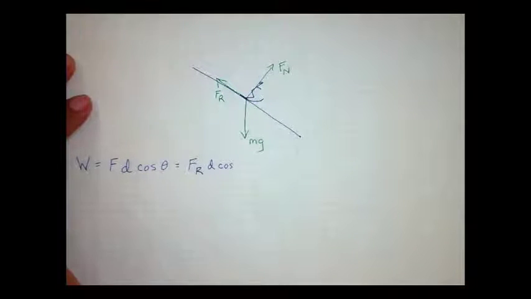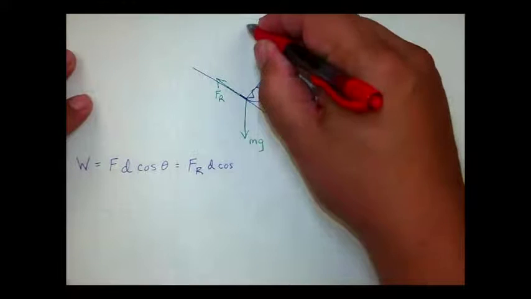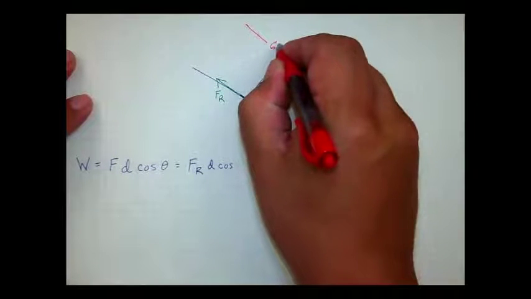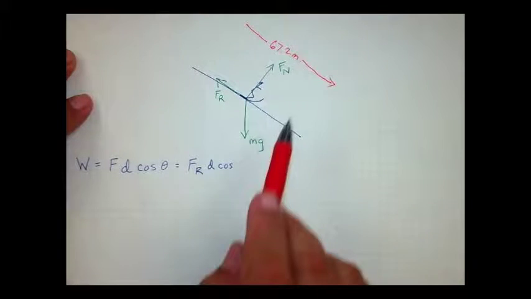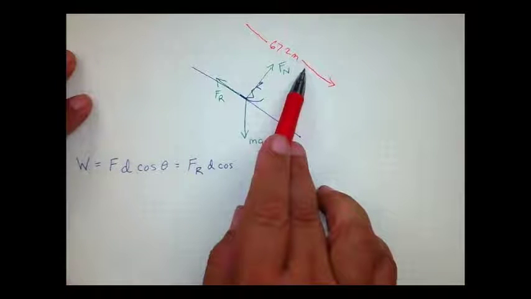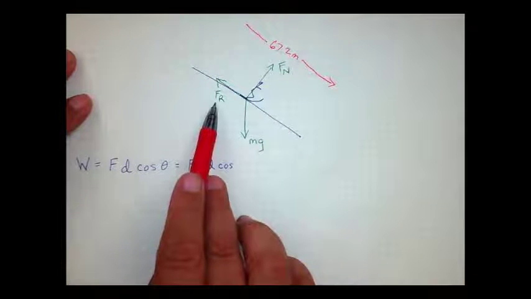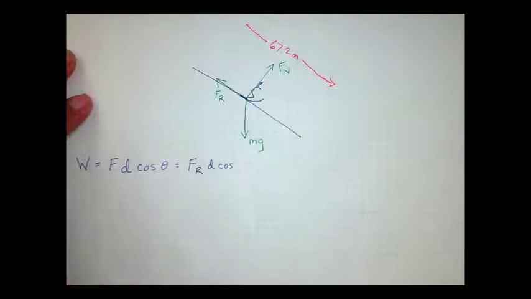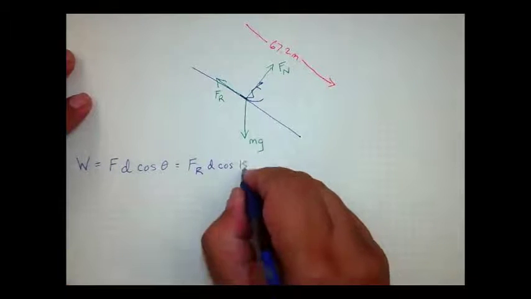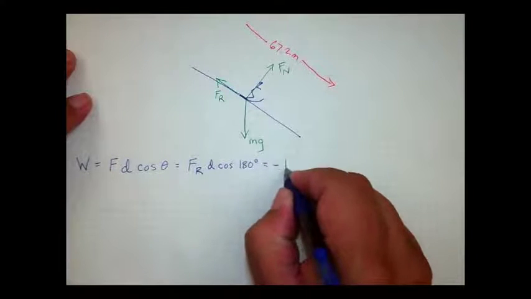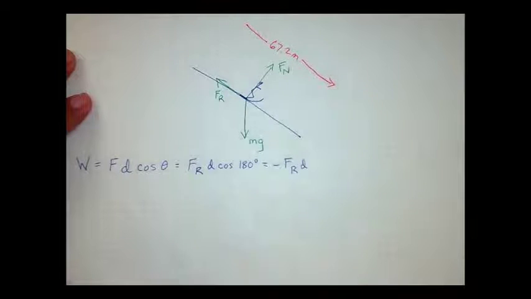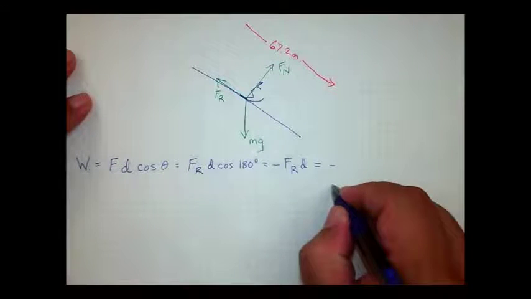Now, the motion of the snowboarder is going to be down the slope, and so this distance of 67.2 meters is indeed down the slope. The vector representing the snowboarder's displacement is in the opposite direction of the vector representing the friction force, and so the angle between them is 180 degrees. And the cosine of 180 is -1. So that takes us to this, minus FR times D, and we can rely upon the formula for the friction